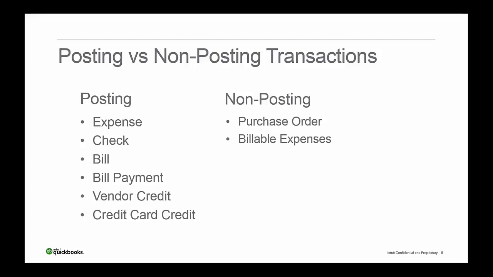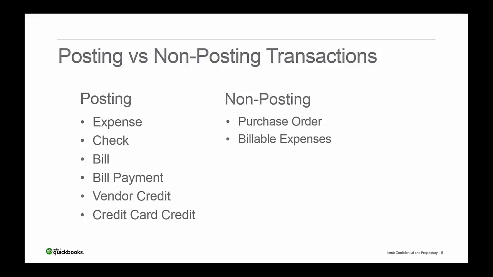Purchase orders are only at the Plus level, as well as being able to tag a customer to an expense and then pass it through to an invoice. You also need QBO Plus for that. And I already mentioned double-sided items. You probably already know that Plus is required for class tracking. So again, the QBO SKU level, I keep saying SKU, but I mean the offering of QuickBooks Online that I find most akin to QuickBooks Pro on the desktop that you're probably used to, is going to be Plus, right,